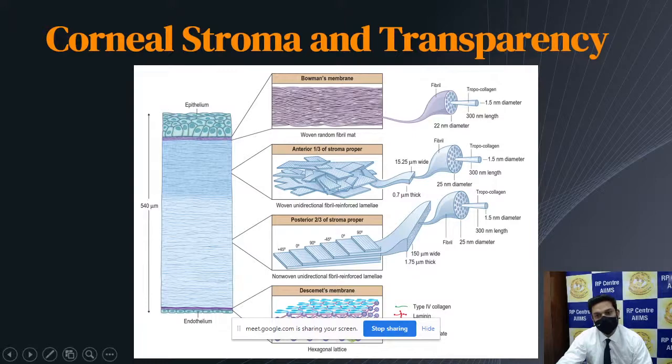The corneal epithelium is derived from the surface ectoderm. The corneal development is induced by the lens vesicle and the optic cup that lie behind the surface ectoderm. The mesenchyme or the mesoderm forms the Bowman's membrane and the stroma. Bowman's membrane is not an actual membrane because it does not have a true basement membrane, but the anteriormost portion of the stroma has a different structure which I will discuss further, and that is called the Bowman's membrane.